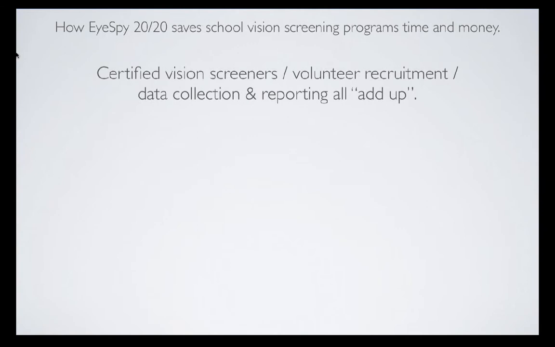So we'll talk a little bit about time and money. There's been a lot of studies around how much a traditional vision screening costs. And some of the numbers are absolutely out of this world and a little bit hard to stomach. The lowest numbers that have been published put the cost at between $10 and $15 per vision screening when you look at your all-in costs. Some people want to debate that, but there's been a lot of studies around this, and in fact, some of the largest vision screening organizations in the world that actually conduct the vision screenings themselves, the monies that they raise are at about this rate.